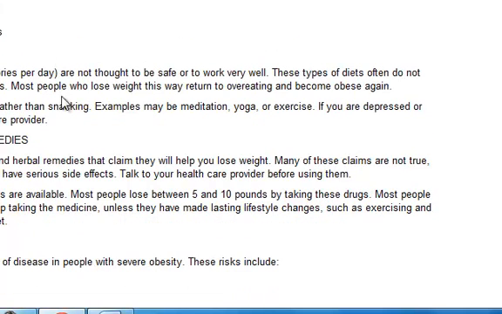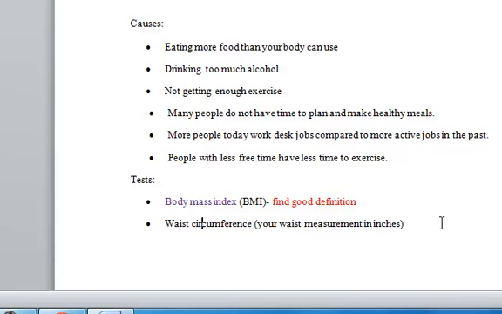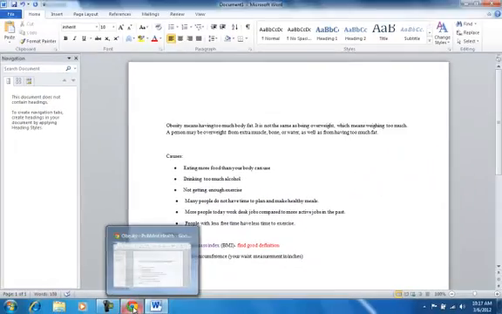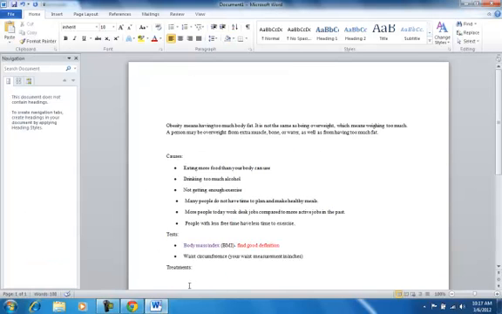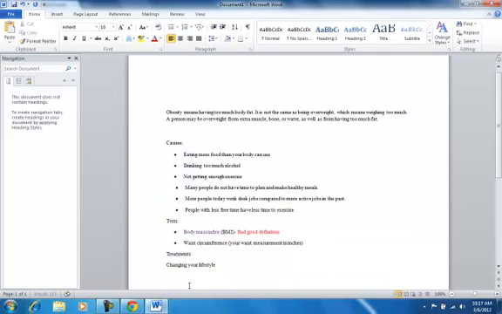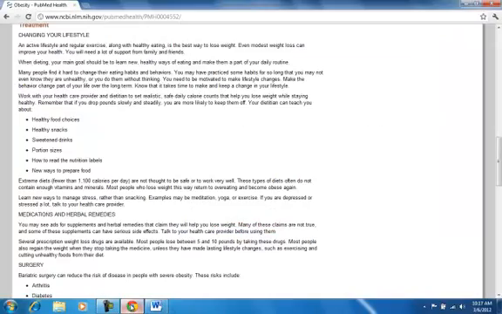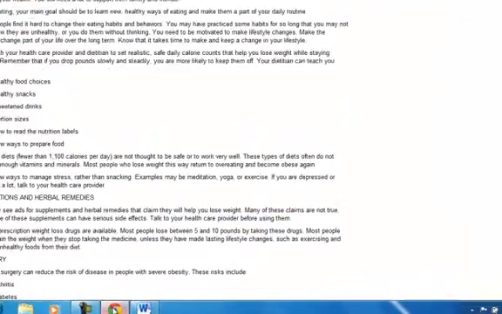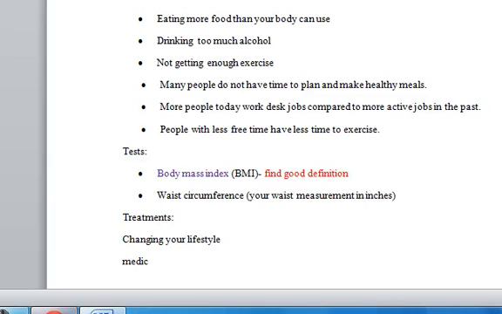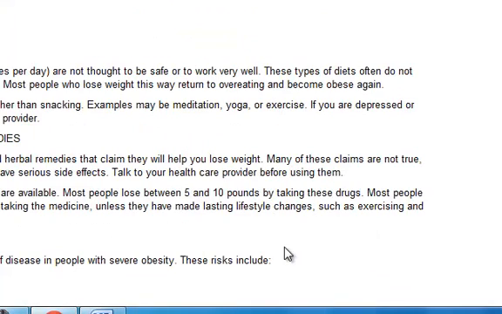There are different treatments, so I'm just going to go back to my note page and write treatments, and then I'm just going to list the main ones, which are changing your lifestyle, medications, and herbal remediation, surgery,